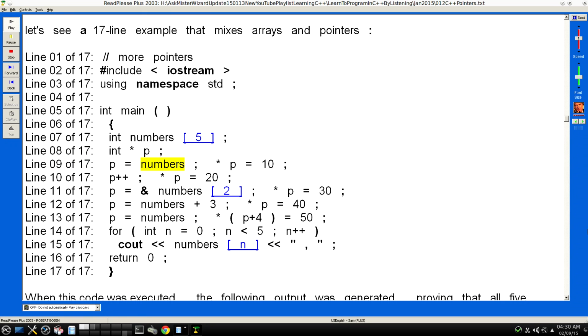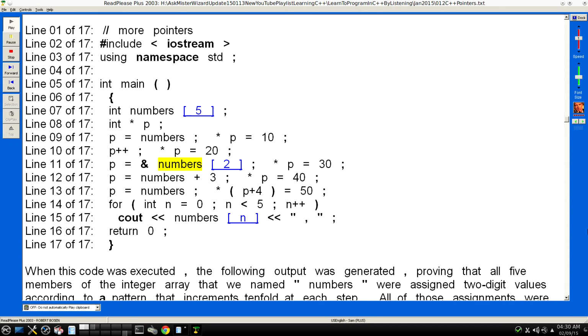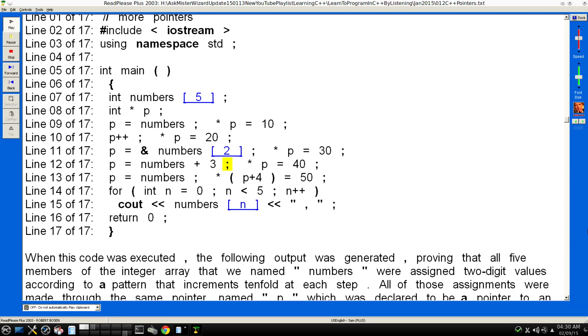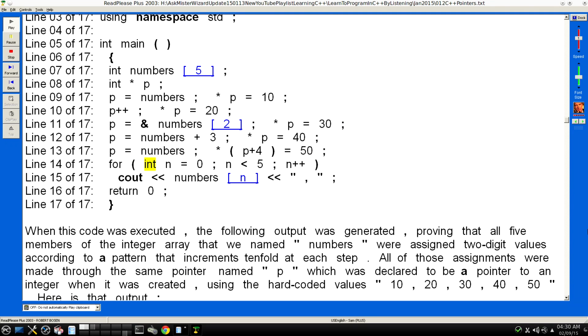Line 09 of 17: b = numbers; *b = 10; Line 10 of 17: b++; *b = 20; Line 11 of 17: b = &numbers[2]; *b = 30; Line 12 of 17: b = numbers + 3; *b = 40; Line 13 of 17: b = numbers; *(b+4) = 50; Line 14 of 17: for (int n=0; n<5; n++)